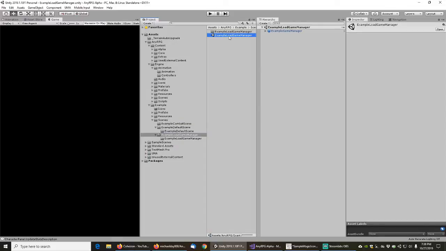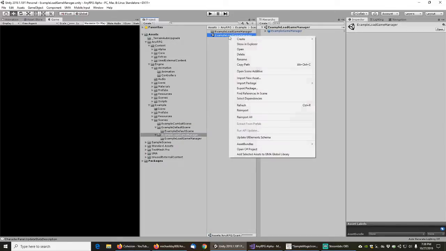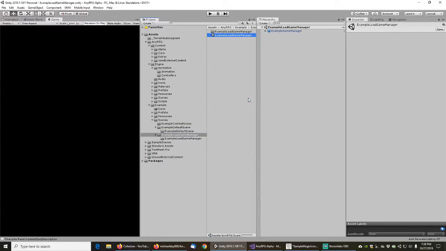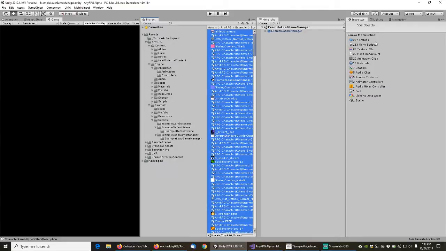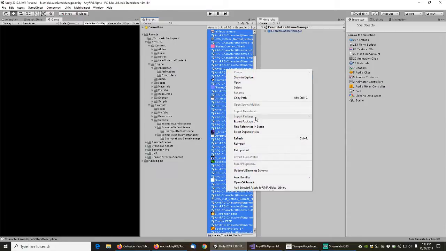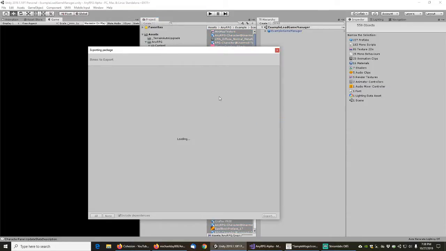If I take my example load game manager here and I right click on it and go select dependencies, then after a little while I will get a proper list of all the dependencies. So that's this list over here. And now if I right click on this list here and I choose export package,